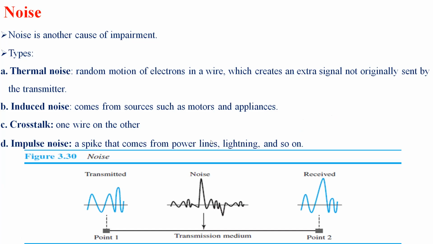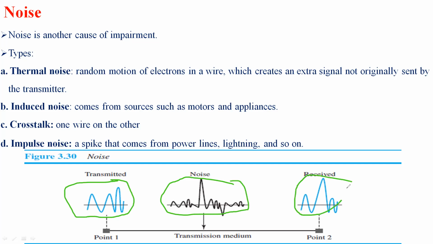So these are the different noises and how they eventually pass through. These are the original signals which are transmitted. Due to the effect of noise, they get disturbed, so at the end the signal is received in some other format. This is how noise affects the transmission of signals. It eventually changes how the signal is.